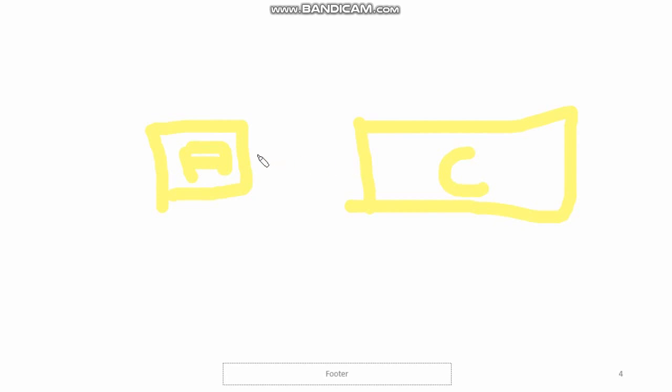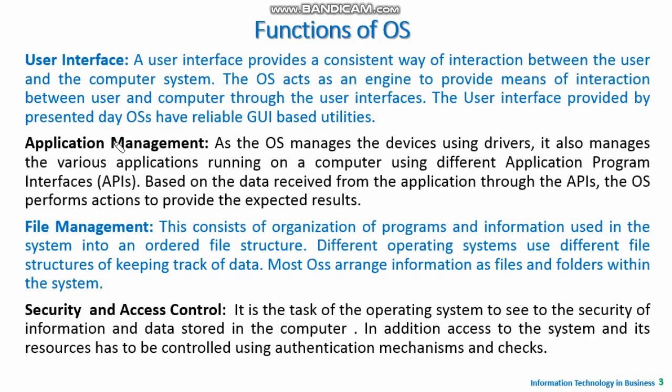Now the data has to be processed between these. So in order to do this data processing, we use another term called application management APIs, application program interface. They are used for doing the communication between the application and the computer. So this is how we achieve it. That is another function of the operating system.